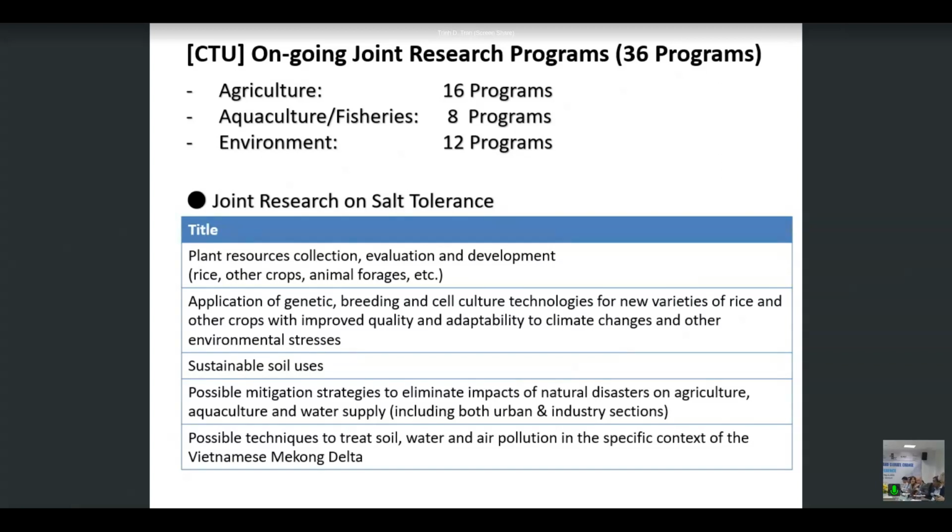Thank you very much for this very interesting introduction to the work which is supported by JICA, and it very well connects to all the other problems and issues in the Mekong Delta. So let's go to the oral presentations. We have 10 minutes for the oral presentations, right? Okay. So,